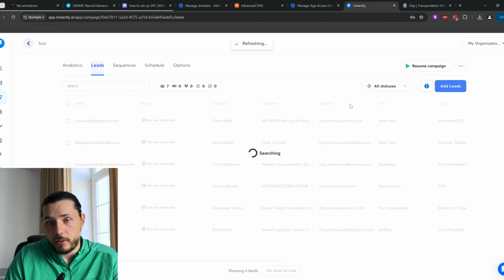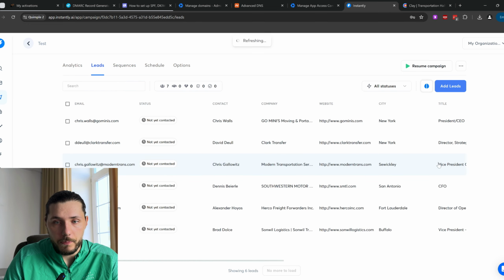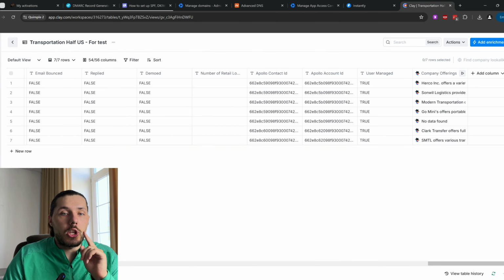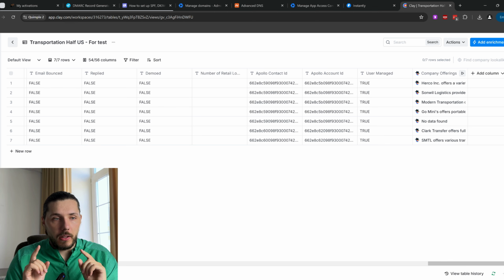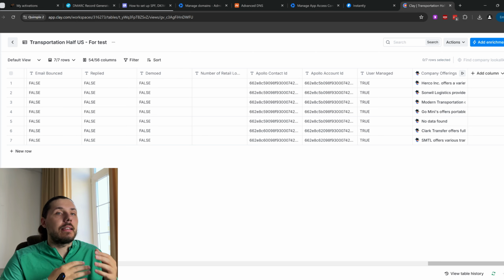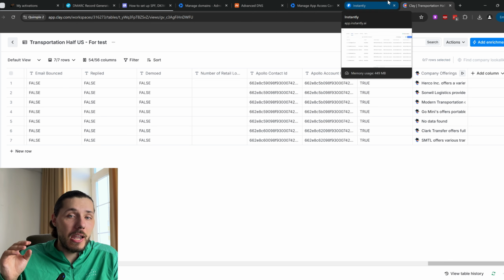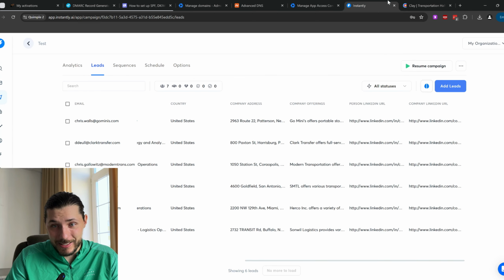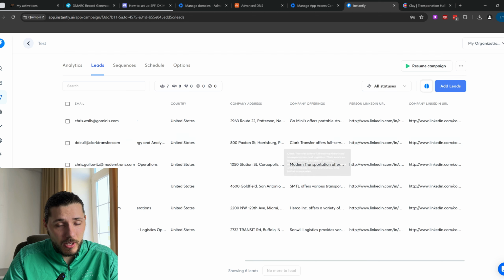But we don't have this column, right? We don't have this column, and this is where Instantly actually comes in handy. You can do the same thing inside Clay, but they charge a lot. Clay is expensive, so the way I'm going to show you now is not as expensive. You just need the same kind of OpenAI